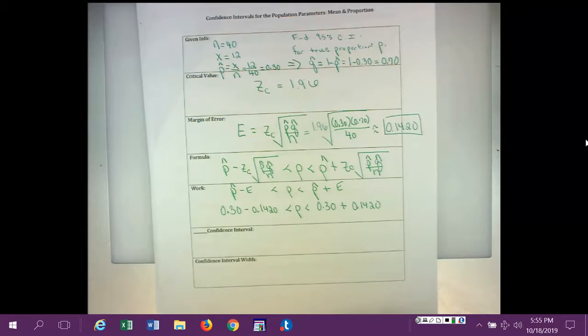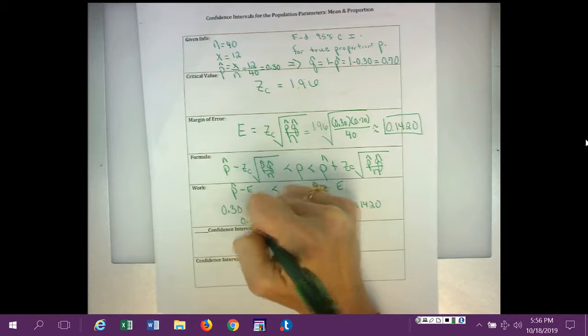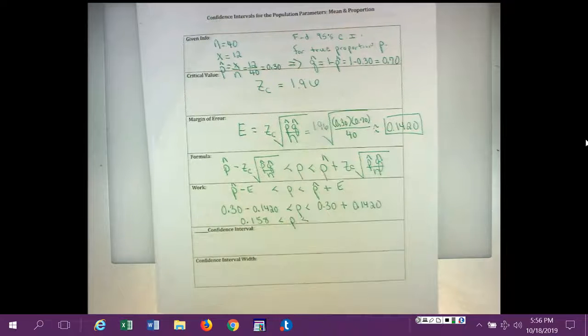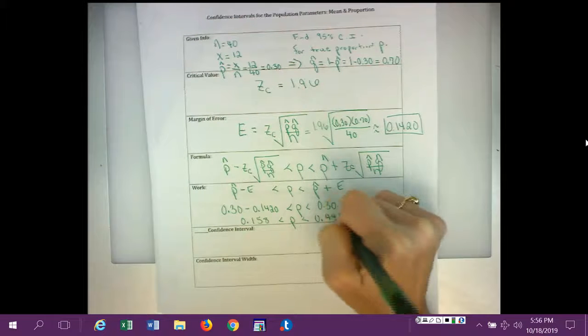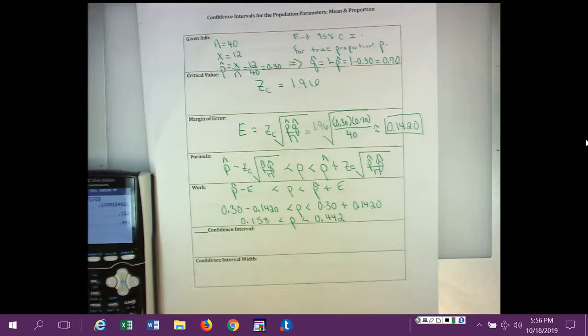0.3 minus 0.1420 is 0.158. And then when we add 0.3 plus my E, 0.1420, you get your upper of 0.442. Rounding rule. Going to the rounding rule page, according to your textbook,